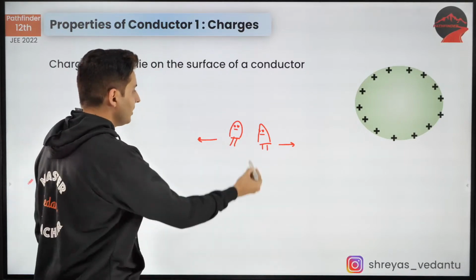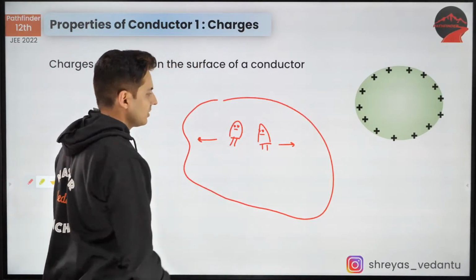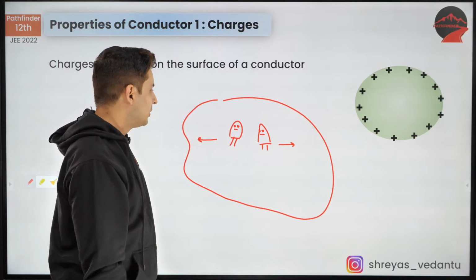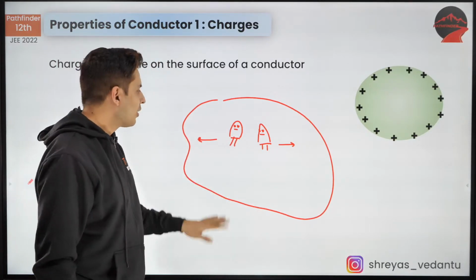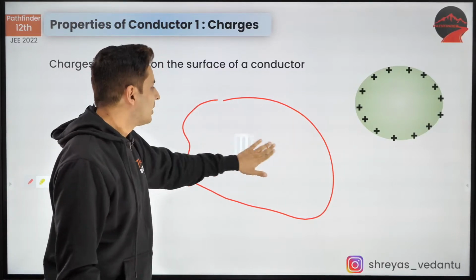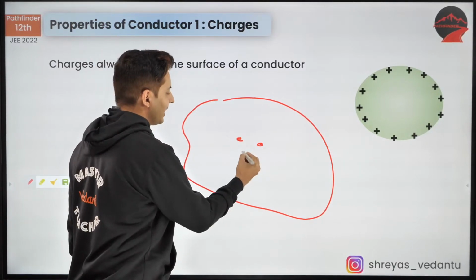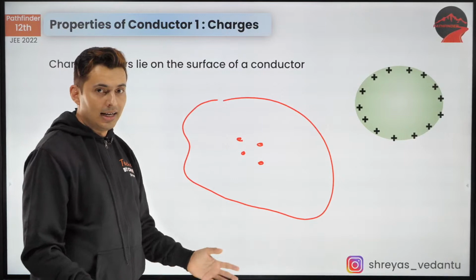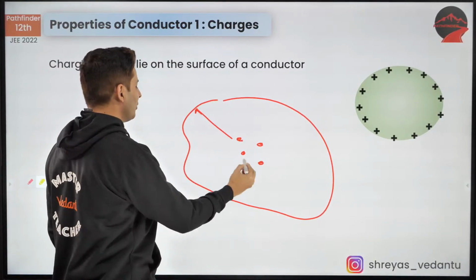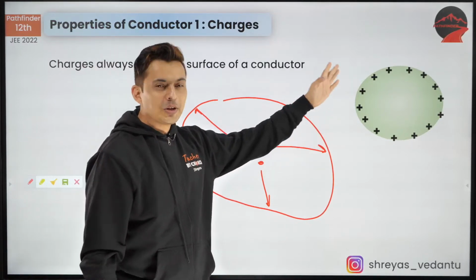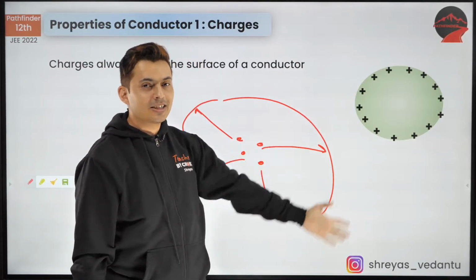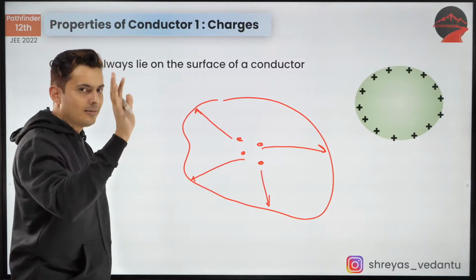Correct? Now imagine there is a room full of Pandus. None of them like each other. All of them hate each other. What do you think these Pandus will do? Will they accumulate over here? Will they gather over here? No, right? They don't like each other. So all of them will go to one corner. They will be away. So that's why when you charge something, you will see all the charges go on the extreme periphery. Very easy way to understand this.